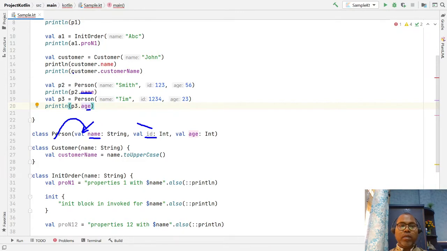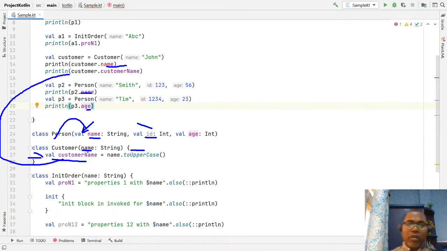Okay, but in the case of a primary constructor without a modifier, you are not defining a property. You are just passing a constructor parameter, name. The name is not a property. Here you are defining the property one inside the class body, so this property you can access, but this is the constructor argument. A constructor parameter cannot be a property of a class.